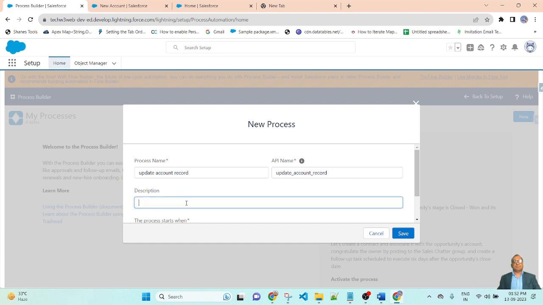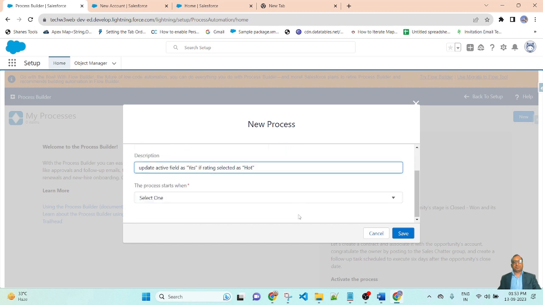Write the description: update Active field as Yes if Rating is selected as Hot. So here I am updating the Active field whenever Rating is selected as Hot.